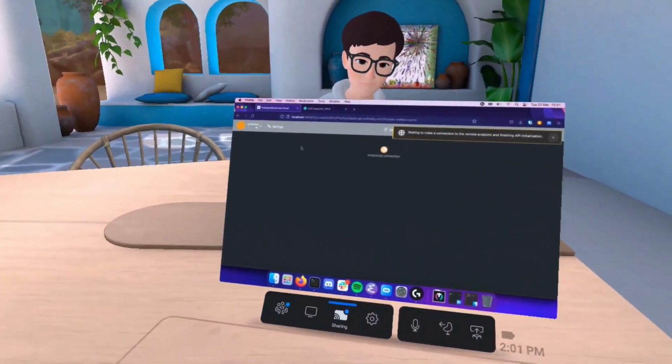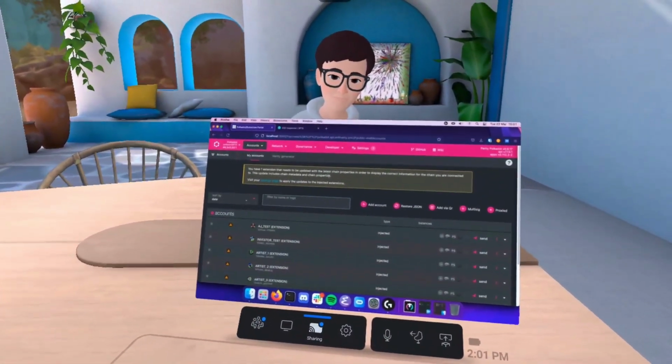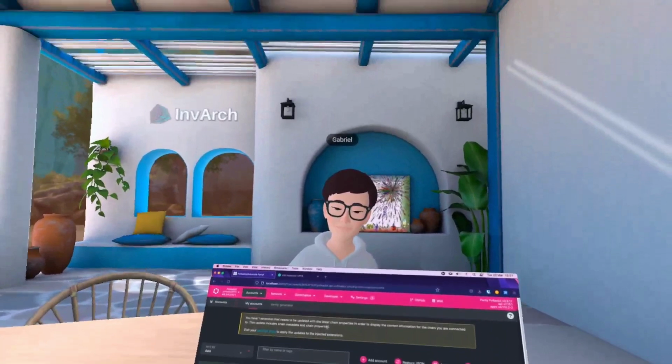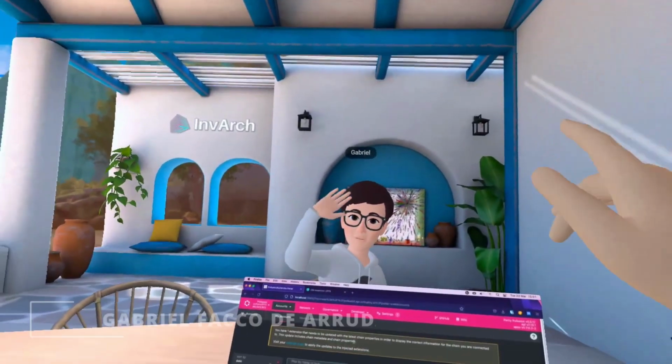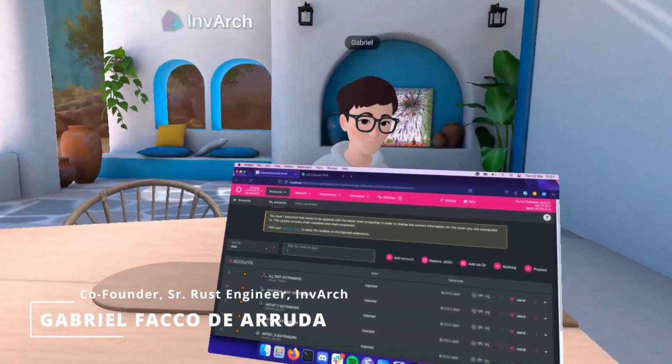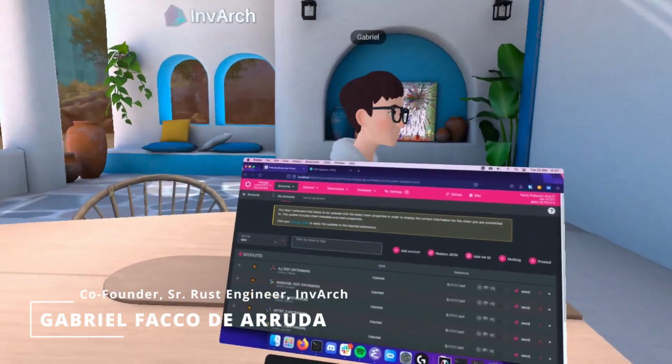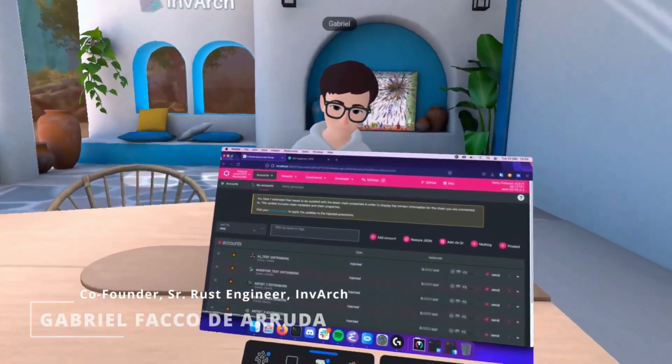My name is AJ. You can't see me. I'm the one recording from your point of view, but you can see Gabe, who is actually across the table from me. He will be showing you how to navigate InvArch Tinkernet, and we'll be presenting to you 3